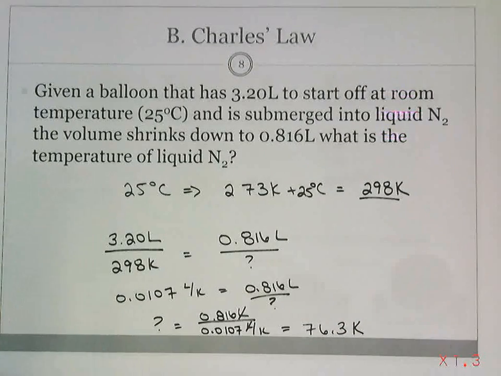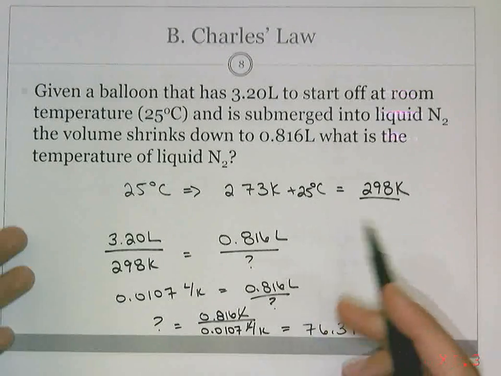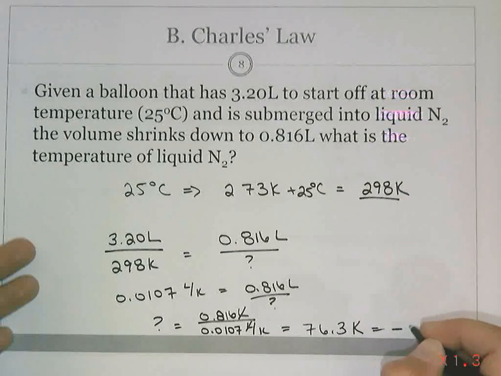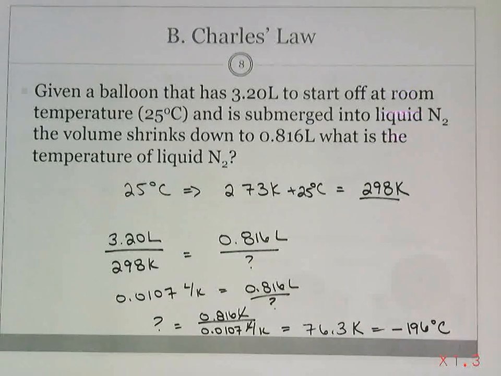familiar with the Kelvin scale. So let's convert it back to Celsius. That is negative 196 degrees Celsius. So cold, really, really, really cold. All right, good. Let's then take a look at